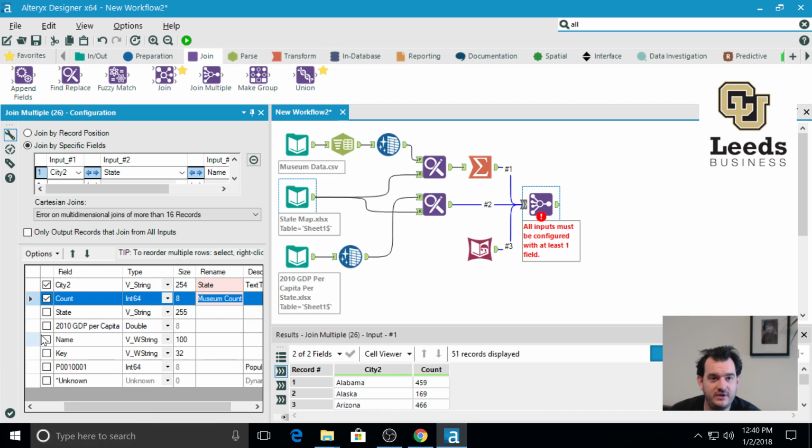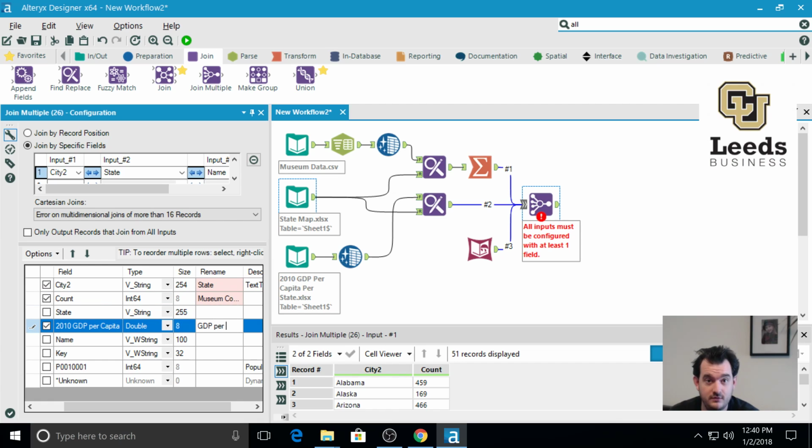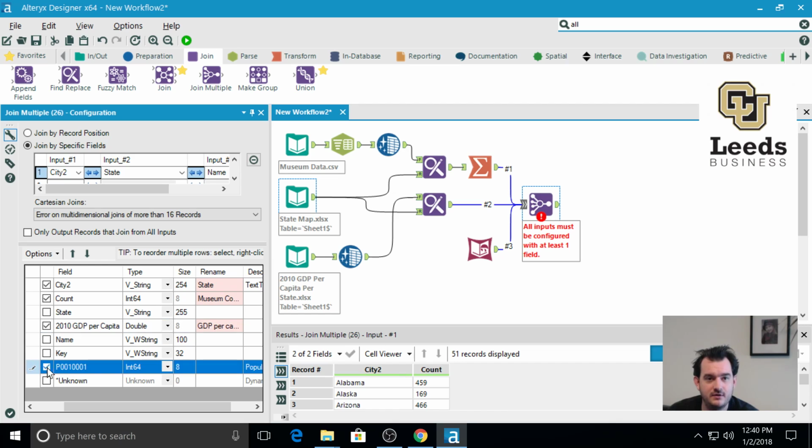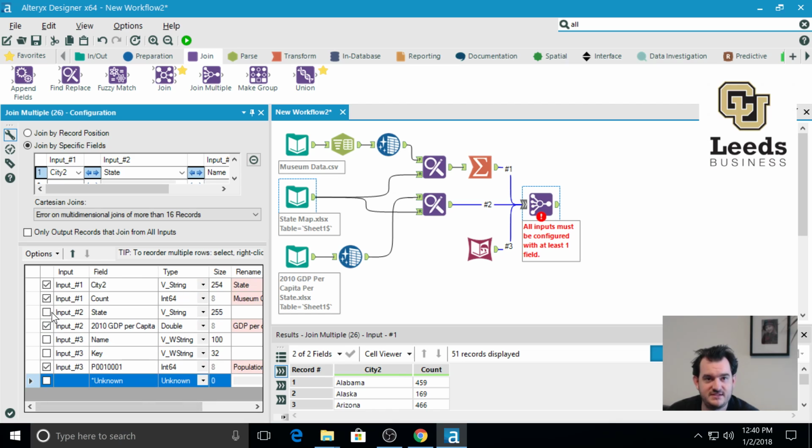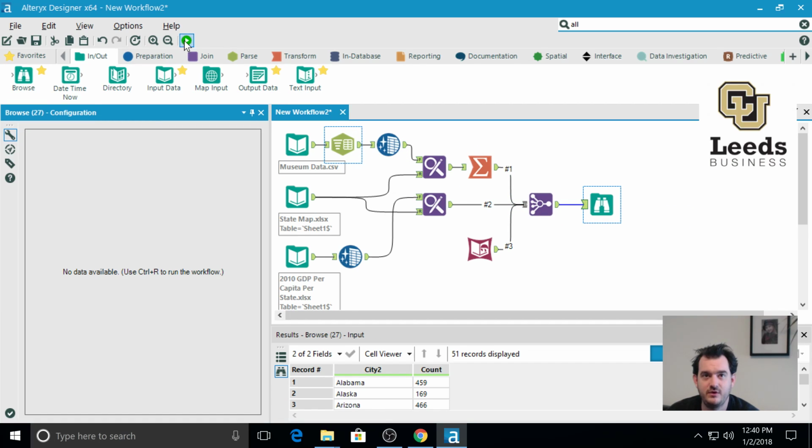What else do we need? We need the GDP per capita, and finally, we need the population. Now, I've not selected state coming from input 2, state coming from input 3, or key, which we never needed in the first place. Once I go to the in and out menu, I can select and drag and drop a browse in here, and then when I click run,